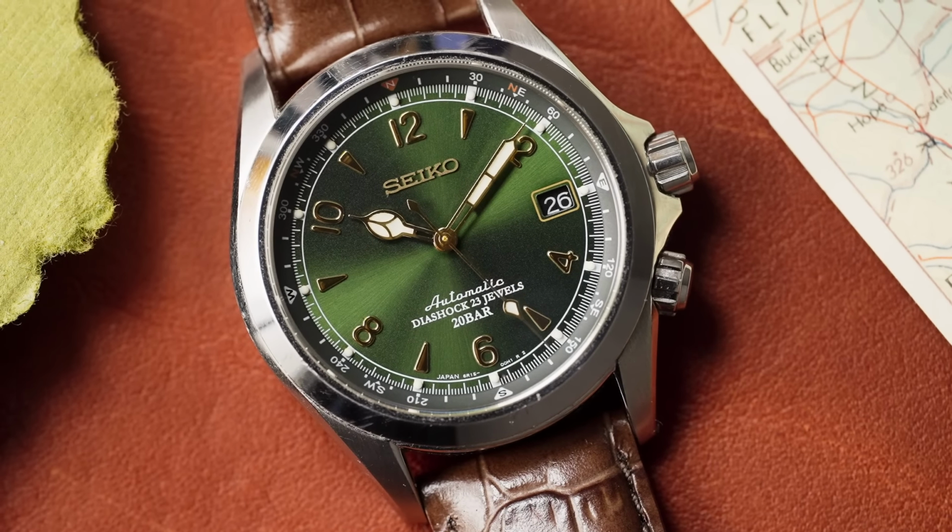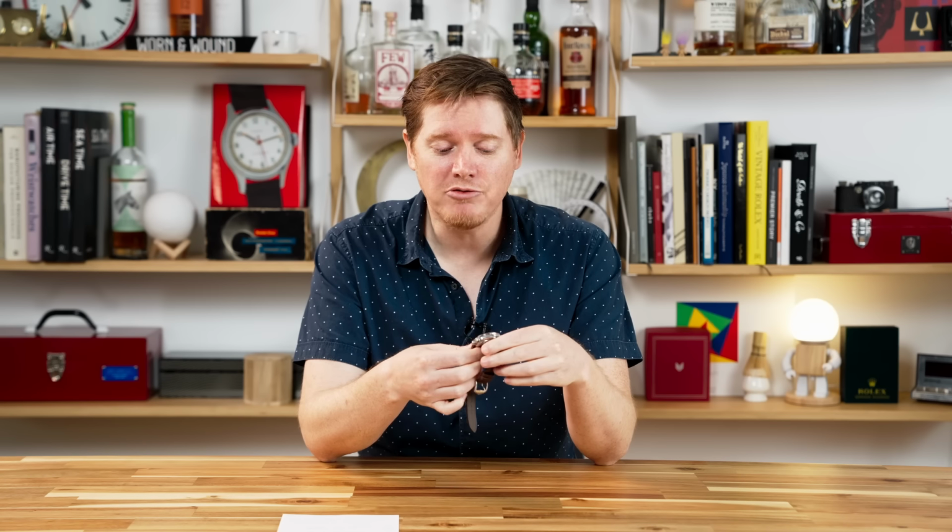We'd love to know what you think about this watch. Did you have one? How did you get one? Would you like to see Seiko bring back the Alpinist name? And if so, how would you like to see them do it? And that is the Seiko Alpinist